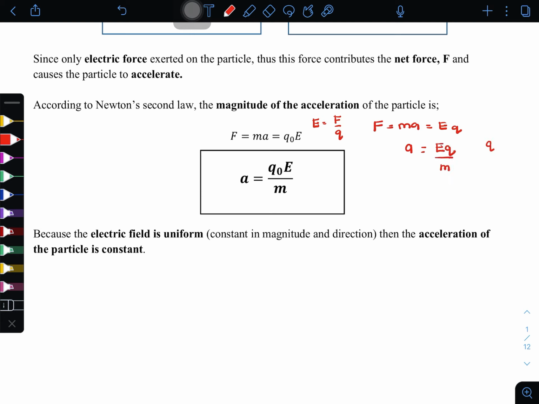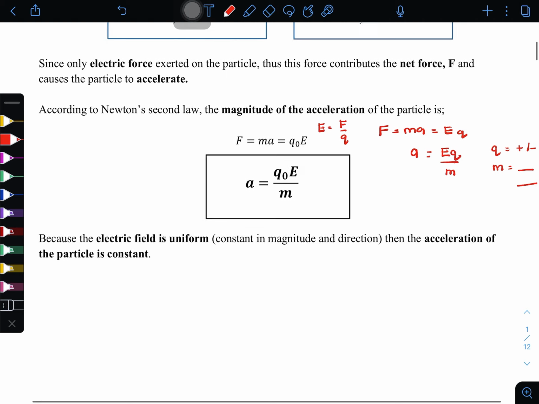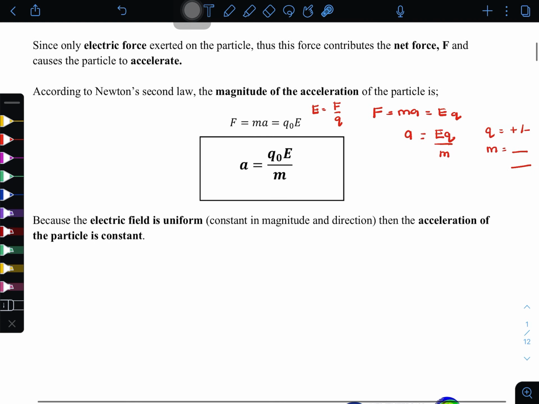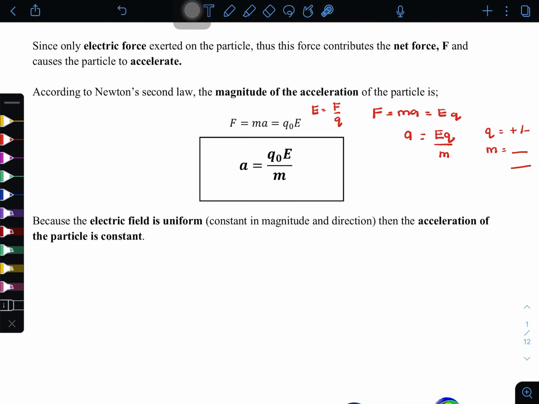Okay, so Q is the charge, boleh jadi positif ataupun negatif charge. Mass pun boleh tahu is either mass proton ke mass elektron ke. Kalau proton dan elektron dia dah bagi kat list of constant. Okay, charge pun, nilai charge ni pun kalau proton ataupun elektron dia dah ada kat list of constant. Right, so the acceleration is equals to Q naught E over M, and the unit for acceleration is always meter